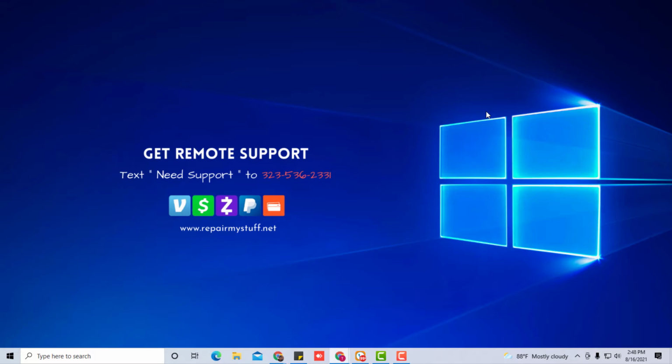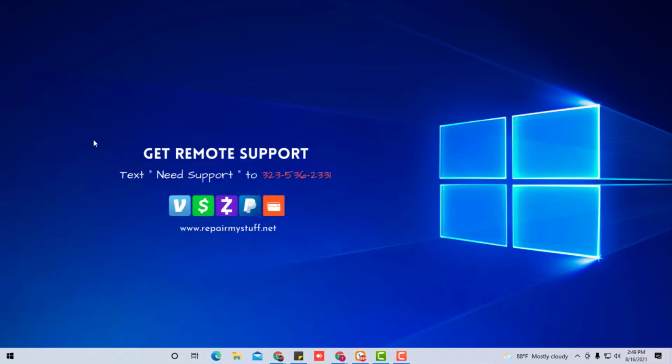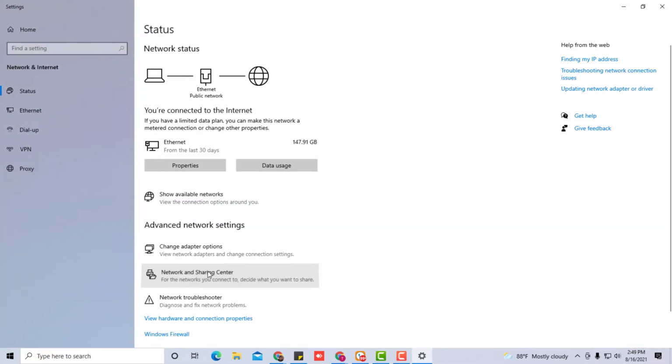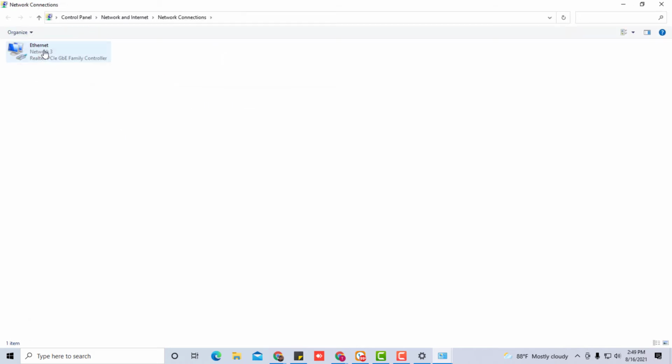If you're trying to go on a website and it's showing that your internet's not working, here's how you enable your internet. Go to the start menu and type in network. Select network status. Go down to network and sharing, and you'll see I have an Ethernet card. Yours could say Wi-Fi, but either way, on your left hand tab, go to change adapter settings, and right here,